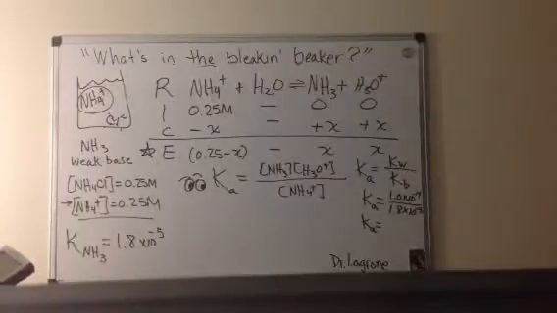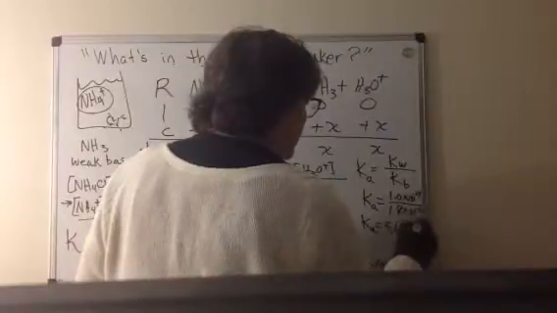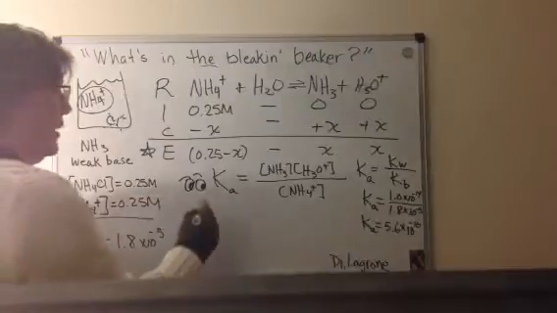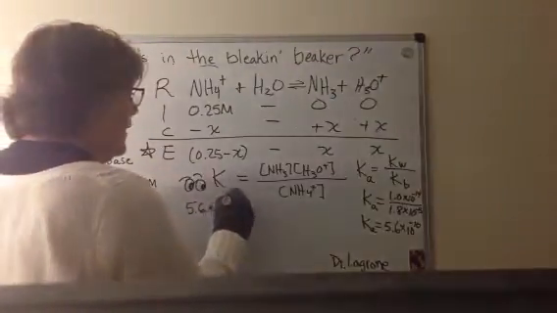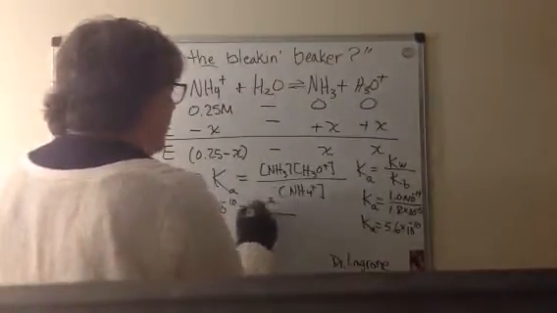Let me just double check myself. Yeah, 5.6 times 10 to the minus 10. Okay, so that's the value I plug in here: 5.6 times 10 to the negative 10 equals X squared over